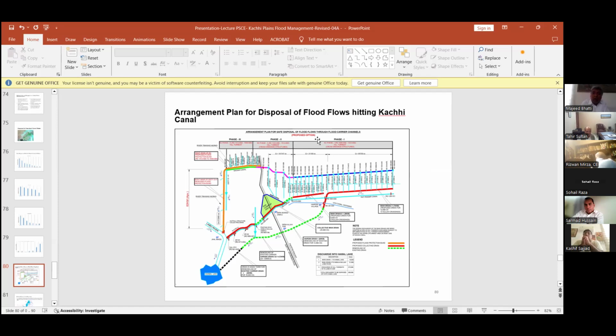In phase one, from here to here, this is Kachi Canal, this is Pat Feeder canal. For phase one hill torrents, they have given many proposals that these should be disposed of here in a river, and ultimately to Namal lake, or a lake here in Sindh.